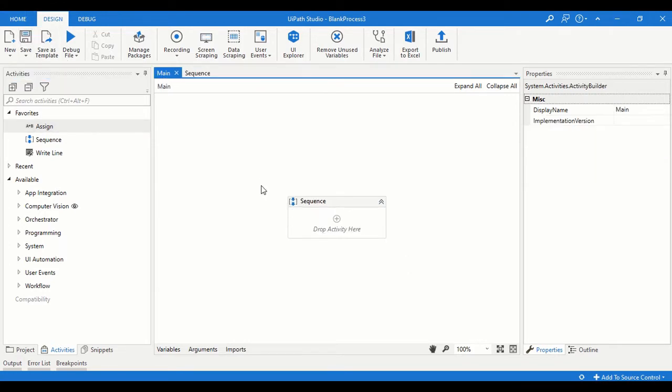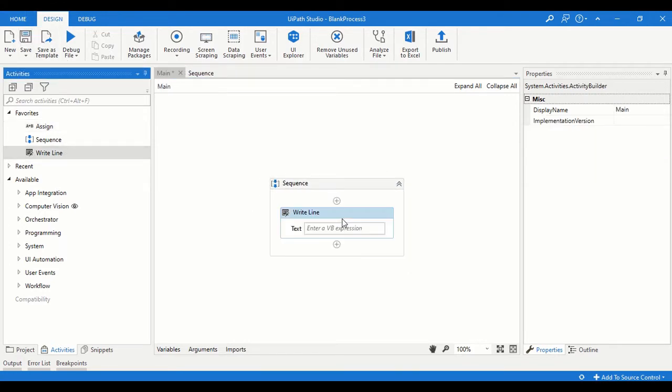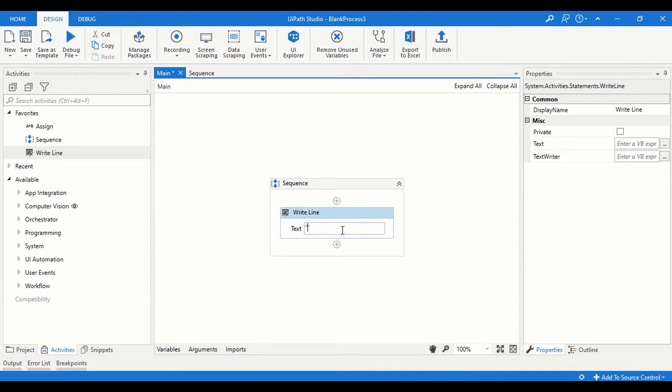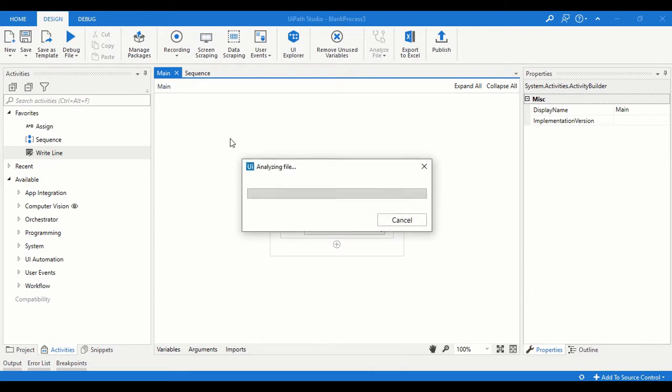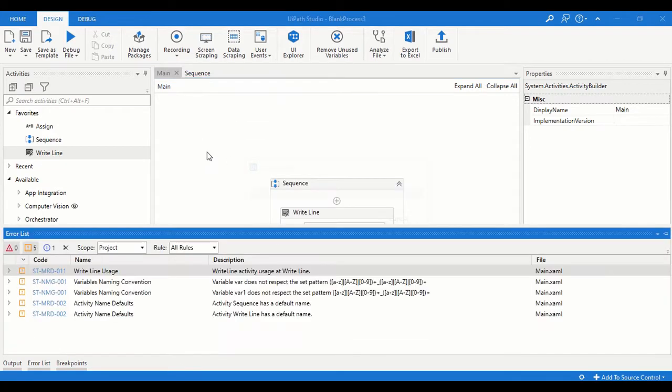Firstly, we will see how F7 and F8 work, and we will give some text here. Come to Aditya learnings, and we have a sequence ready here. So firstly, we will see how F7 will work.